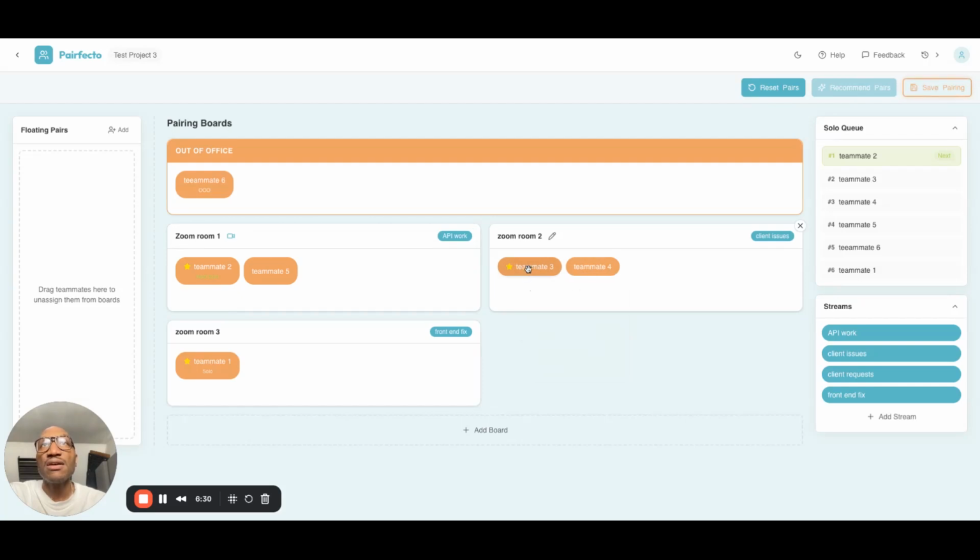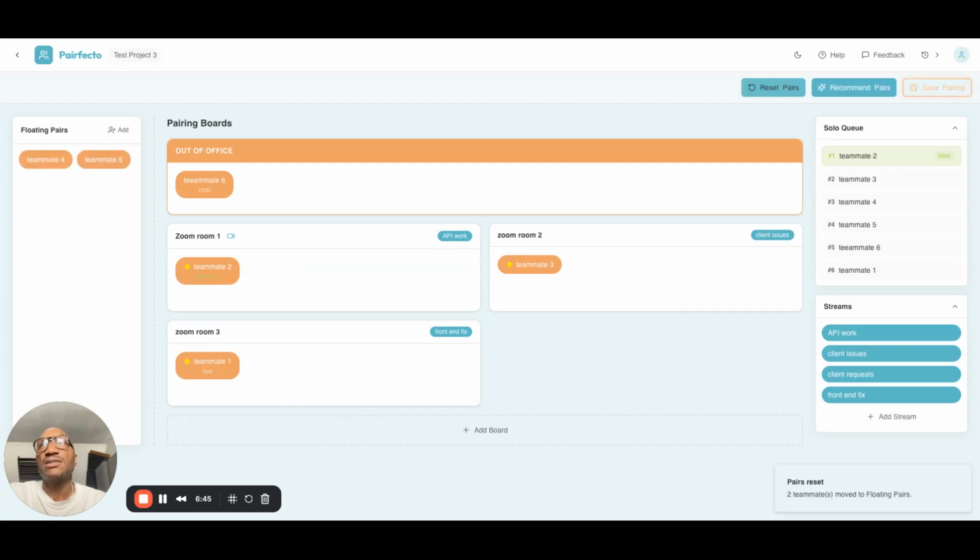So now I've assigned people who have context. And if I go ahead and reset pairs, the solo person automatically gets context because they will be carrying context the next day. So if I reset pairs here now, you'll see whoever is going to be carrying context